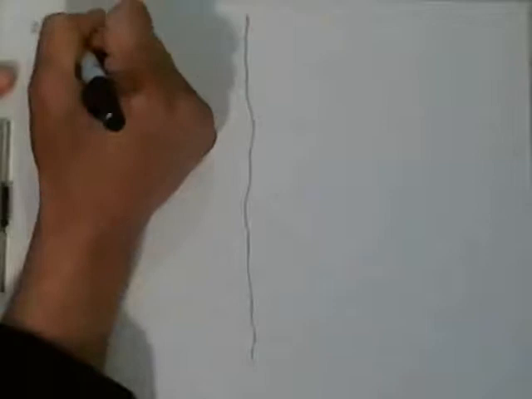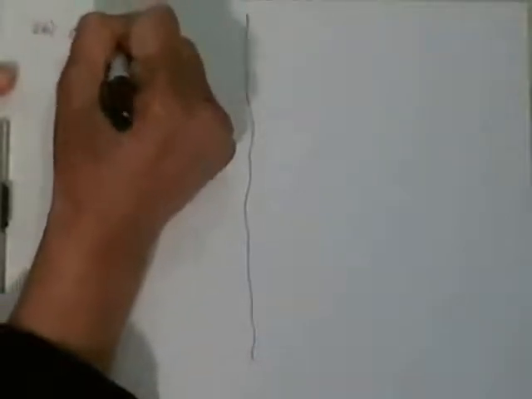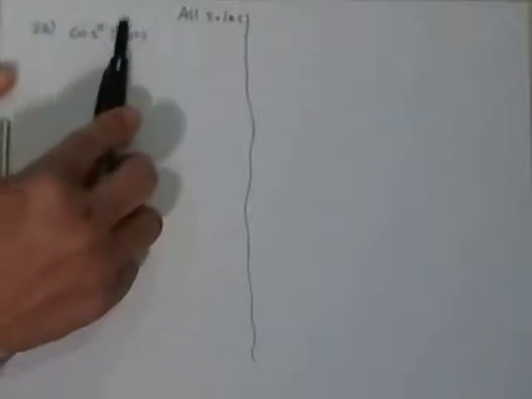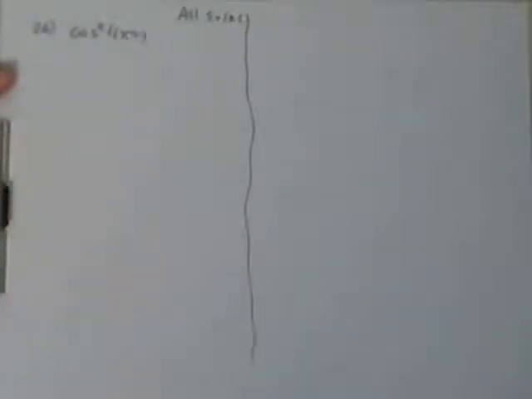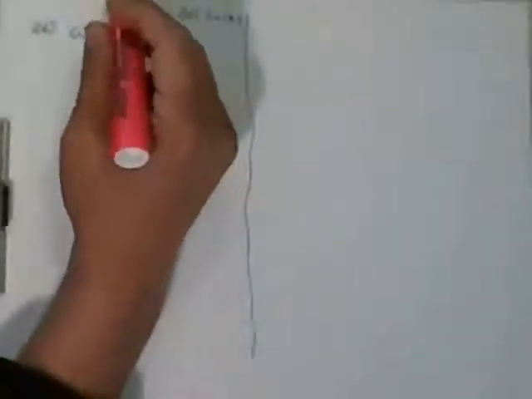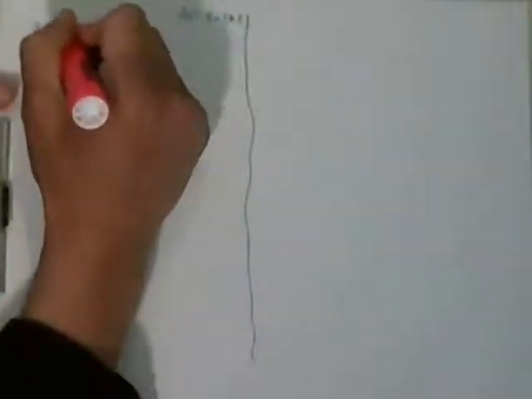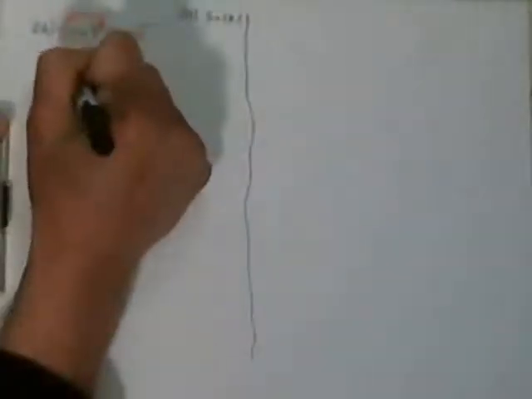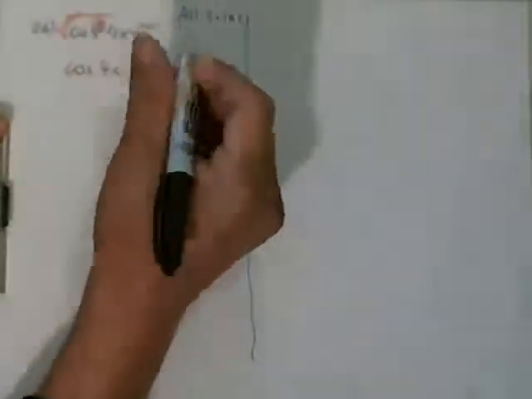26. Cosine squared of 4x is equal to 1. Find all solutions. Now it says cosine squared of that number, 4x, is equal to 1. The first thing we notice is it's a square right here. So what can we do at this stage? You can square root the left side and square root the right side. The square root, inverse operation, they cancel. You end up with cosine of 4x is equal to